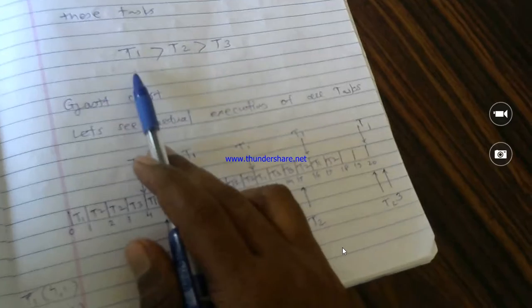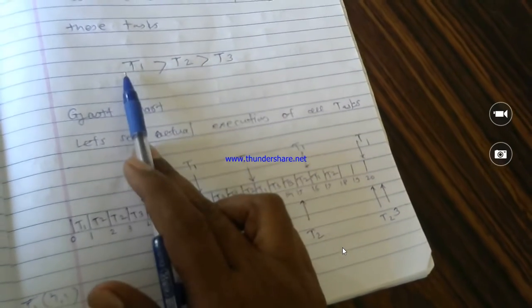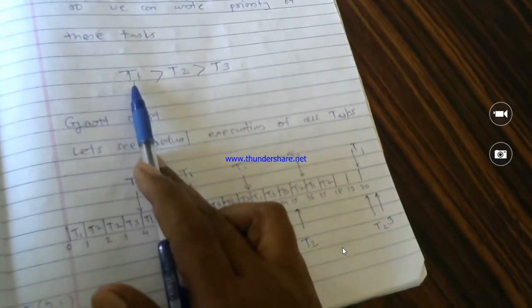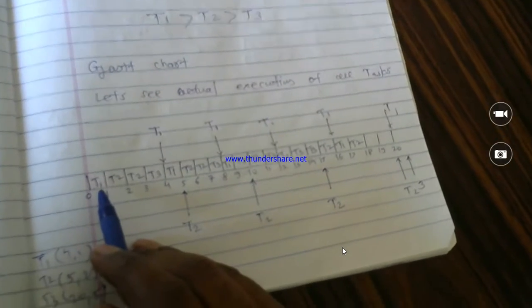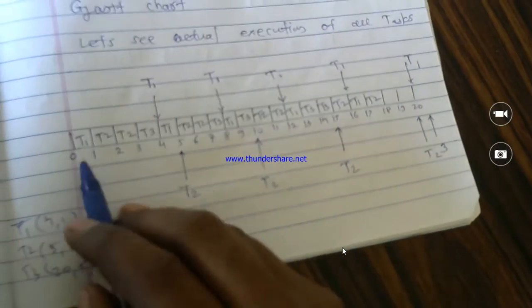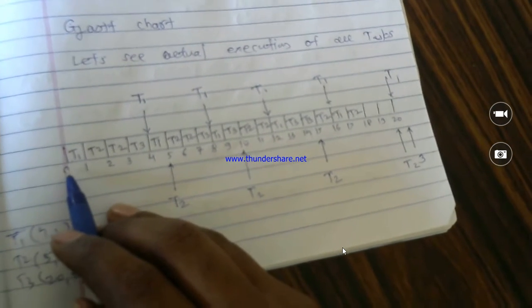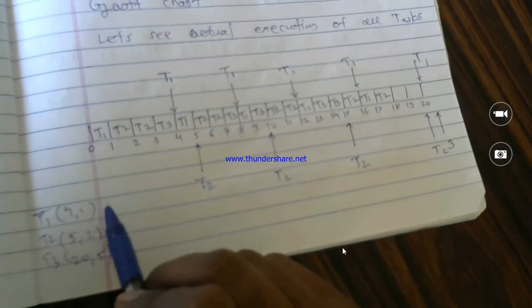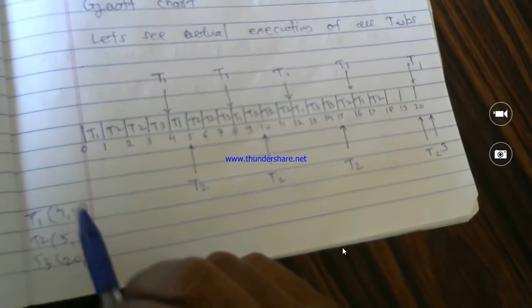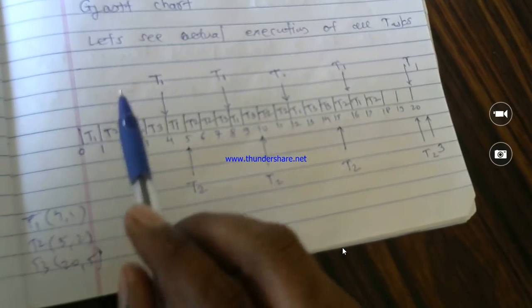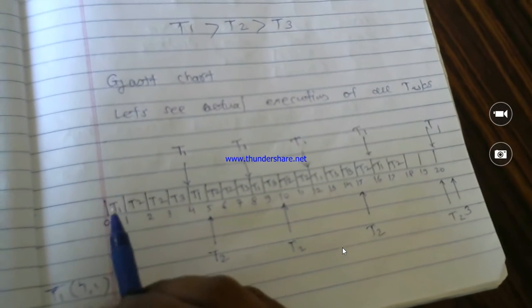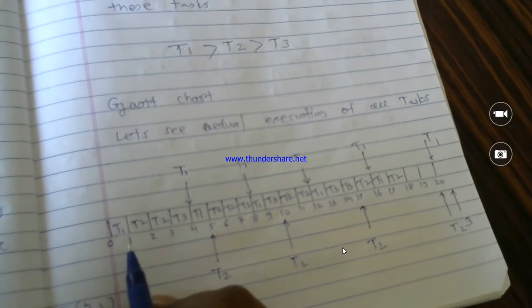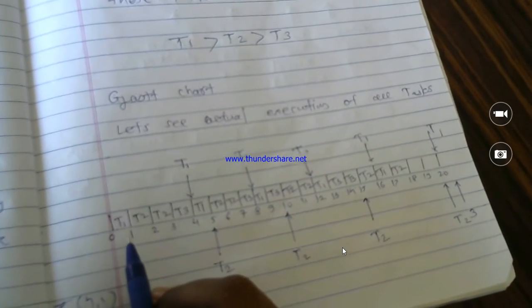Let's start. Here we have defined the priority of the tasks, and T1 has the greatest priority. So we are going to write T1 in the very first block. And one more thing: here only two tuples are given, release time is not given, which means phi is not given. So if phi is not given, consider it as 0. As the priority of T1 is greater than T2 and T3, I am starting by putting task 1 in the first position.